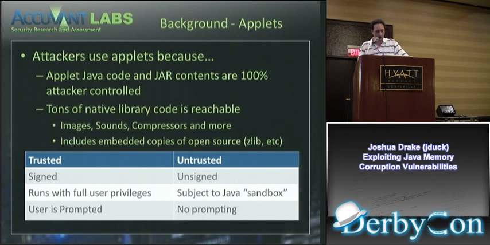So from applets, despite you writing Java code, underneath, it's all native code. They have a ton of libraries for images and sounds and audio compressors and a whole bunch of stuff, and that's all in native code, and it's all reachable through core Java classes. For example, you can pass a sound file that's in your jar and tell Java to load it right from the jar, and it'll process it with the native library.